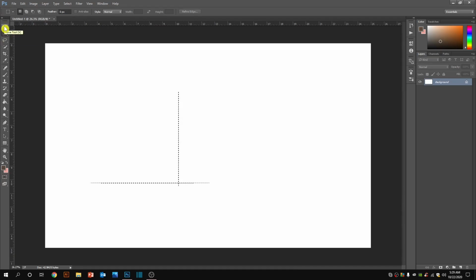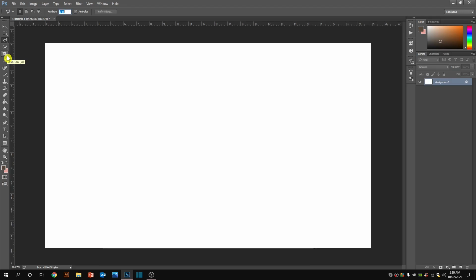V, move tool. If you press V, you will get the move tool here, right? Lasso. Again, just take your cursor, lasso tool, L. If you press L, you will get the lasso tool. If you want to change to polygonal lasso, you have to select here and just press L, so you will get this tool. So see, there is nothing rocket science behind the shortcut command. It's all about your practice, how intensely you are practicing.